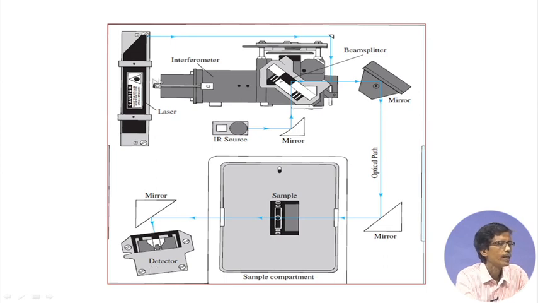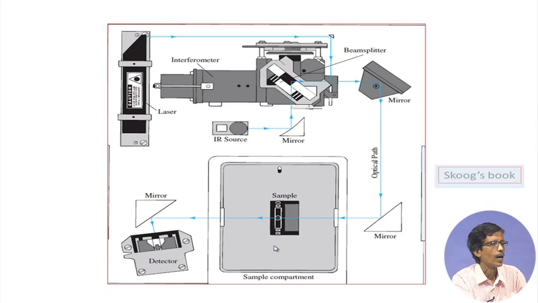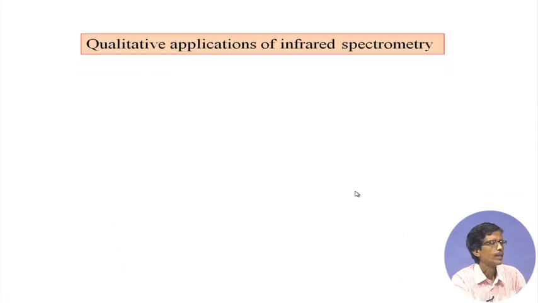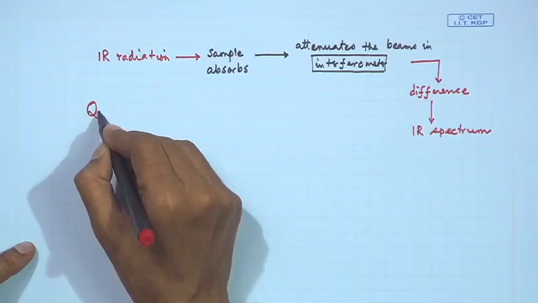When it is guided by the interferometer, we get the corresponding time domain spectrum, which can ultimately be converted to the corresponding frequency domain spectrum. So, this particular technique, the IR technique, we can apply for qualitative as well as quantitative analysis. So, in a qualitative fashion,